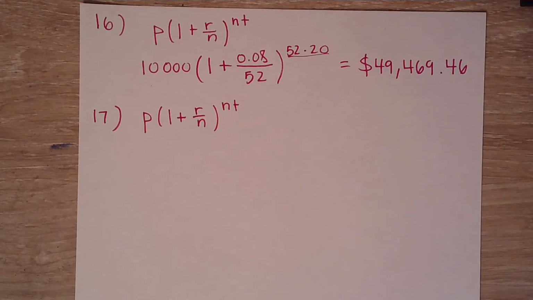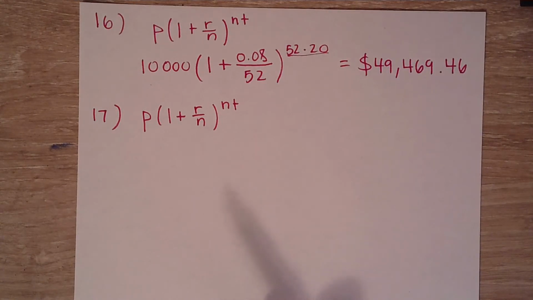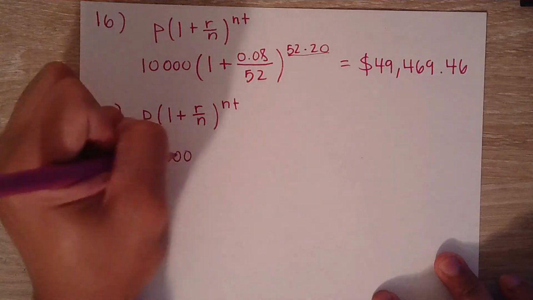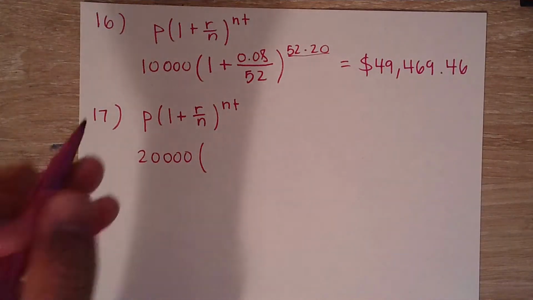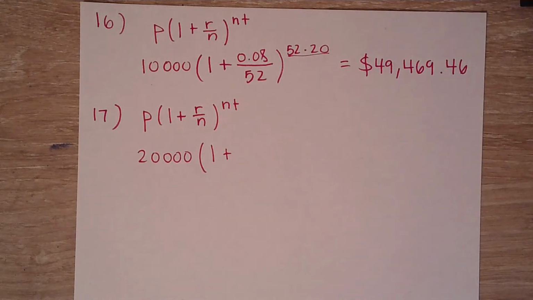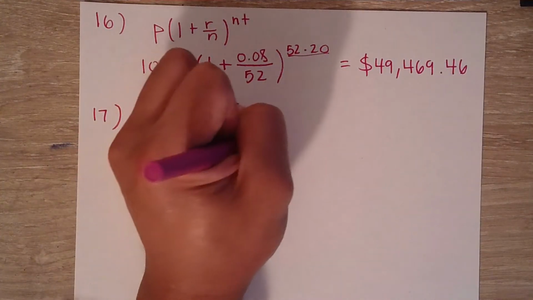All right, question number 17. We're using the same formula, so I went ahead and wrote it down. Our principal, or our starting amount, is 20,000. All of that is going to be multiplied by 1 plus our rate. Our rate is 5.2%. Moving that decimal over to the left, we get 0.052